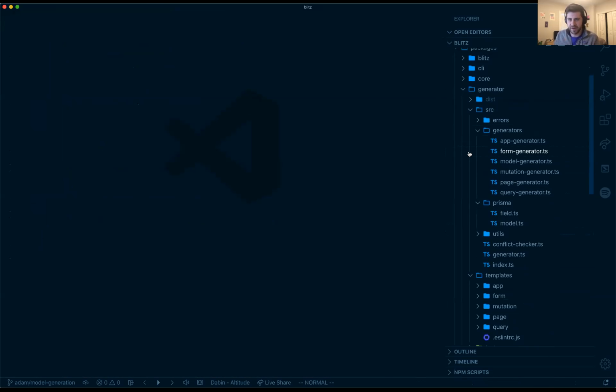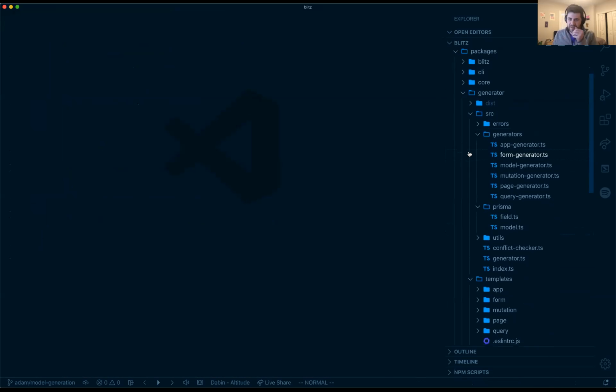So next up is the generator, and the generator is where the majority of the magic of Blitz CLI happens, right? One of the exciting parts about Blitz is that it can generate a lot of code for you, and it's getting smarter about the code it generates. So Brandon recently added the form generator, which when you generate pages will also generate a sample form component for you. I have a PR up right now to generate actual Prisma models,